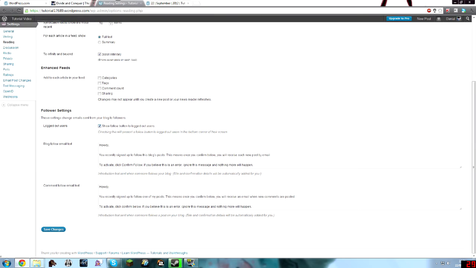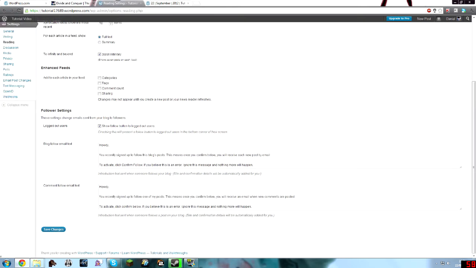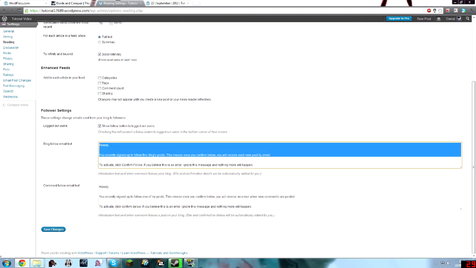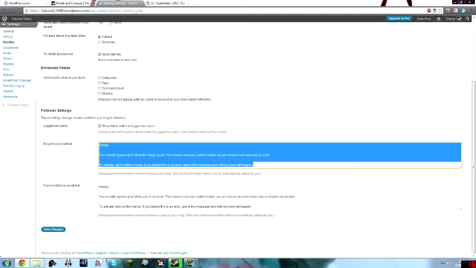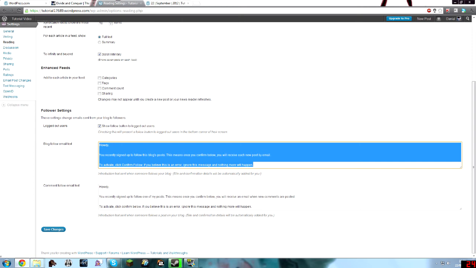Now, for logged out users, it says show a follow button, which means if you don't have a WordPress account but you stumble across this blog, you can still follow without having to have an account, which I think is very important if you want followers. Now, this is the email text they will get from you personally when they click follow. They will get an email, and you can put in here your personal message